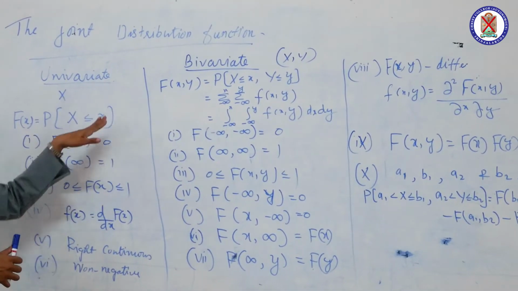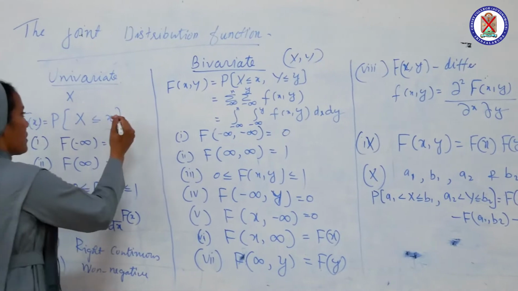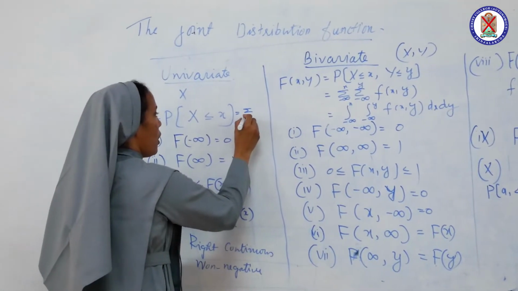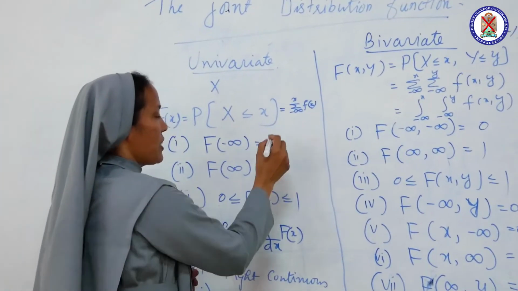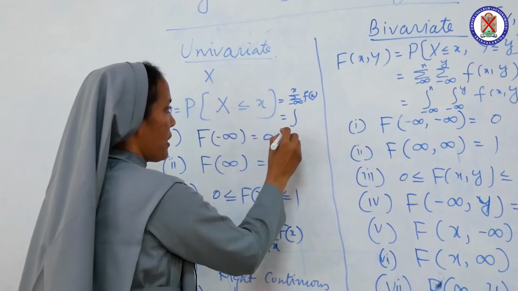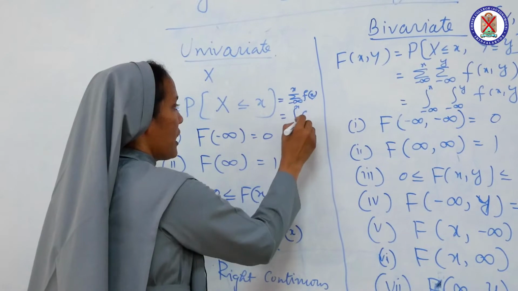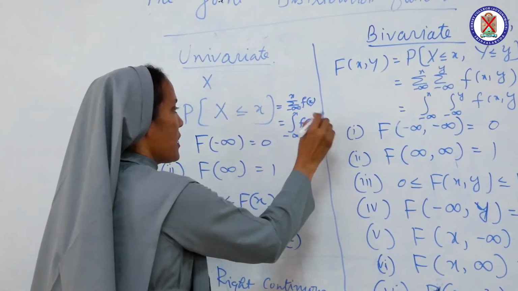This is equal to summation over x from minus infinity to x of f of x when x is discrete, and equal to integral from minus infinity to x of f of x dx when x is